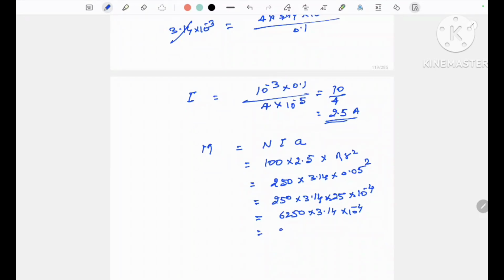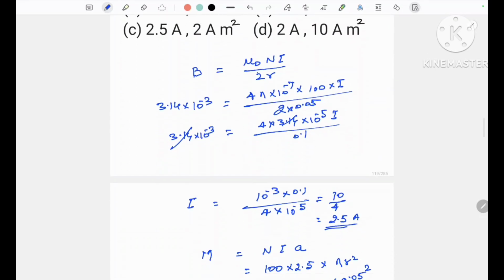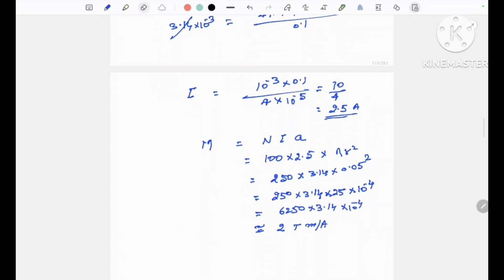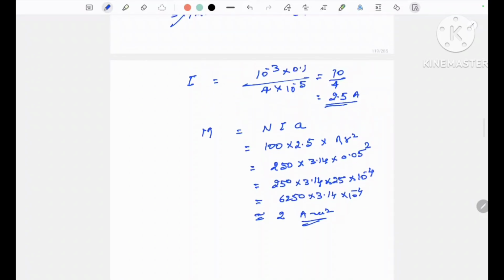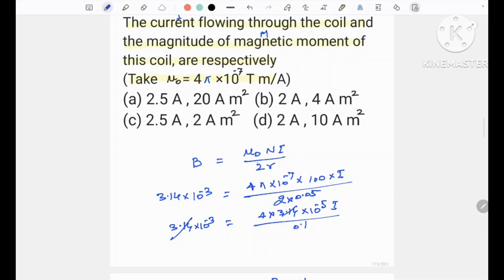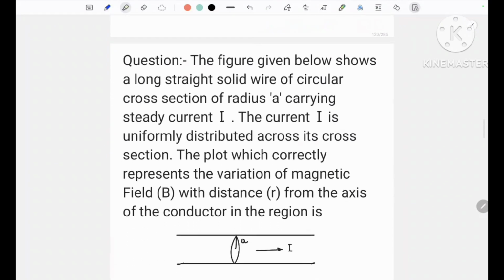This is approximately 2 Tesla meter per ampere. Approximately. So 2.5 and 2 Tesla per meter, 2 this is ampere meter square. इसकी यूनिट होती है एम्पियर मीटर स्क्वायर. The C is correct option. Next,